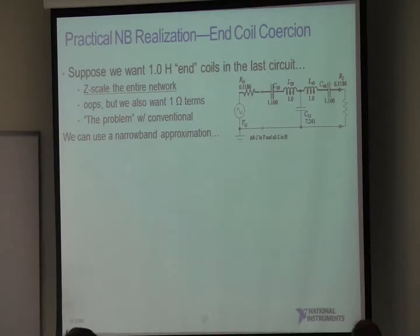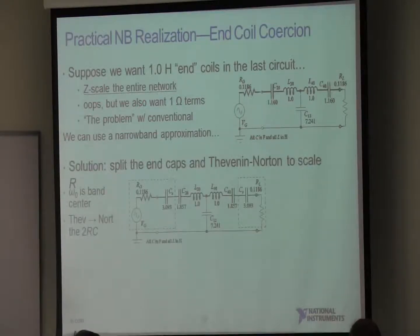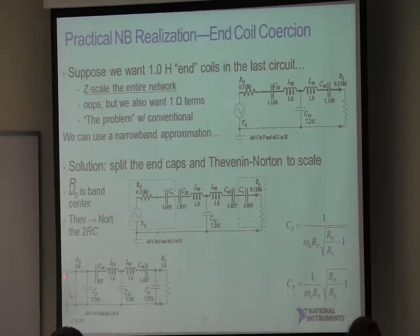So we can use a narrowband approximation to get around this problem. Standard circuit theory here, right? Split these caps, do Thevenin to Norton to scale it. We just pick the right split there, the right values. And wow, we do Thevenin and Norton, which turns these series into parallels. That's all we've done. Now, by magic, we're back to our 1 ohm terminations, and we've also been able to manipulate our resonators too. So we had some freedom there. There's other ways to achieve this. I wanted to just show this method because